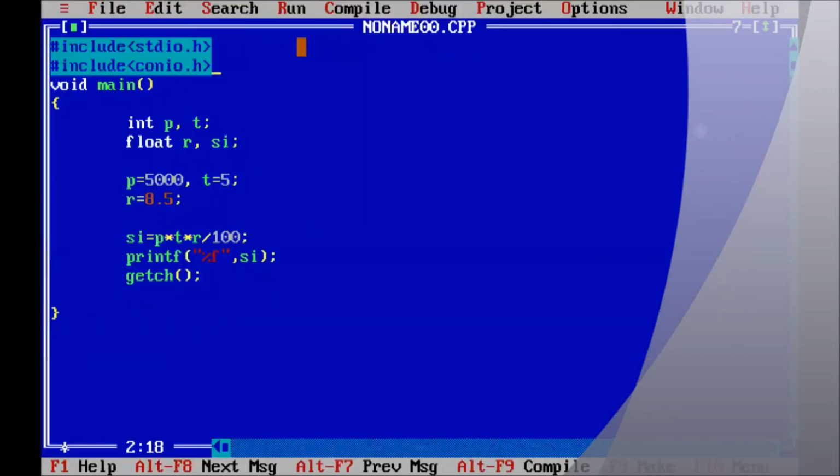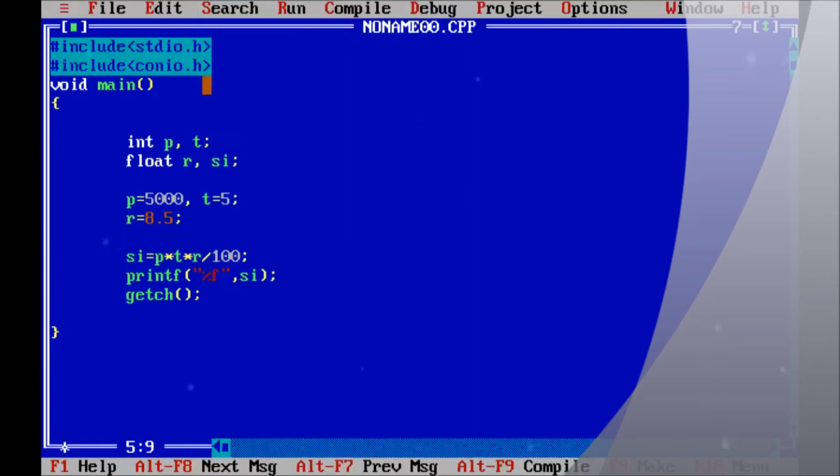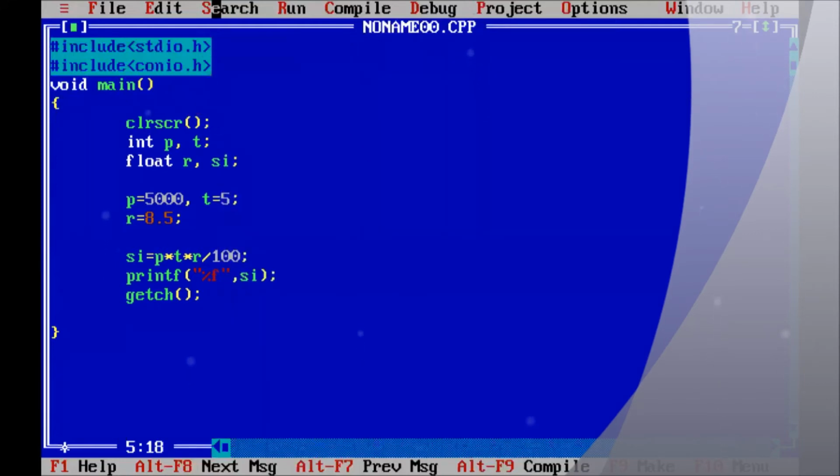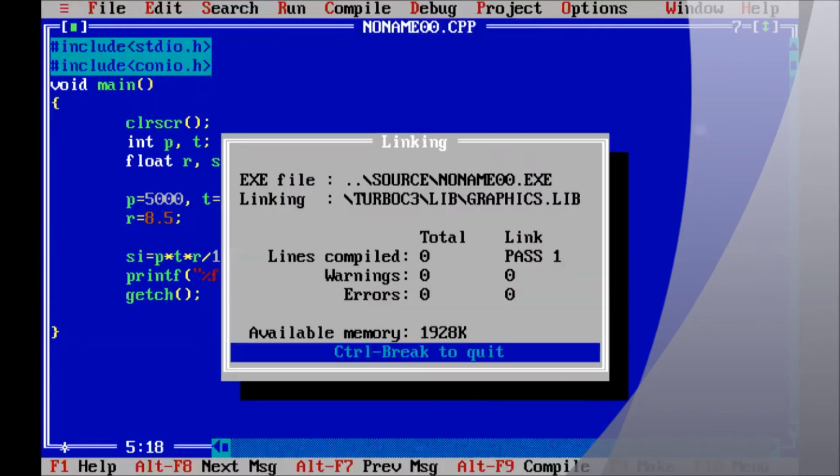So we use clear screen to see the output on a clear screen: clrscr. Okay, now let's compile and run. Okay, so we see the simple interest.